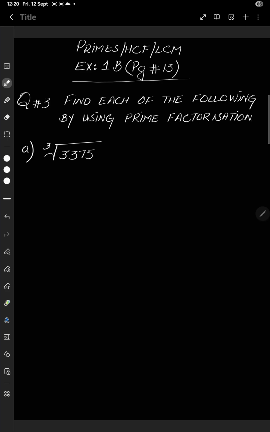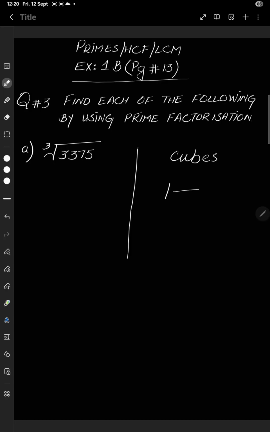But before solving this question, I want to clear one thing which will help you in solving this question. As in my previous video, I told you guys to memorize the cubes of numbers 1 till 15, because these cubes will help you in solving so many questions. As in this question, we know that